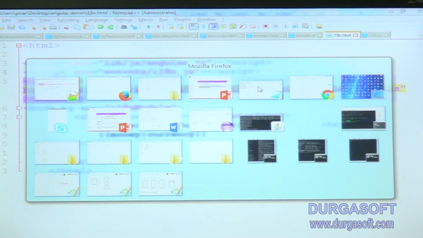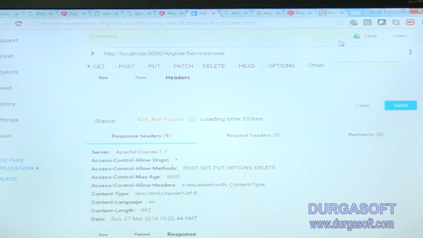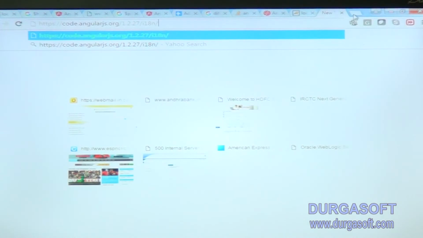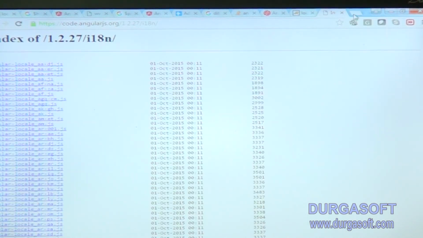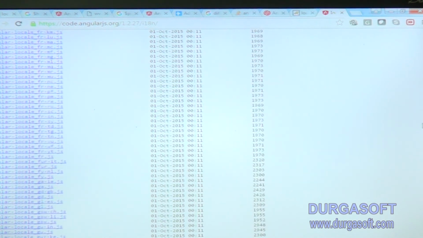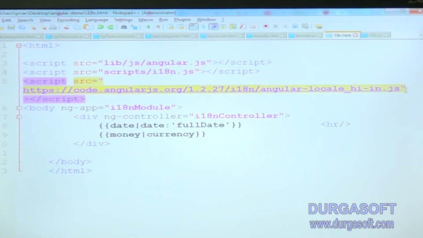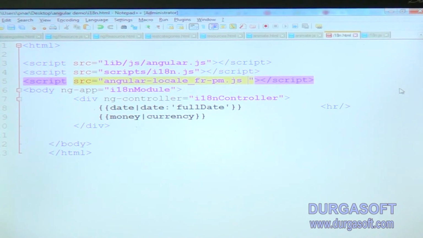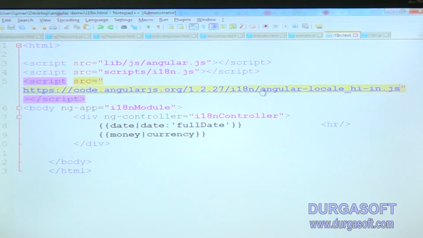So if we see such files, see, these are all different locales. If you want France, if we use this France JS file here, it will display the date and currency in the France locale.